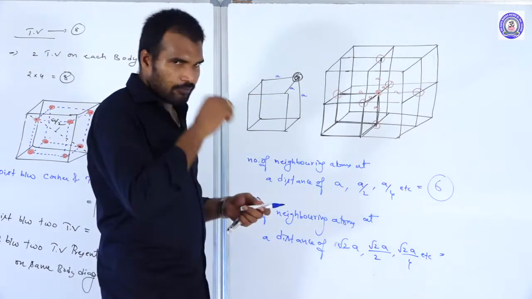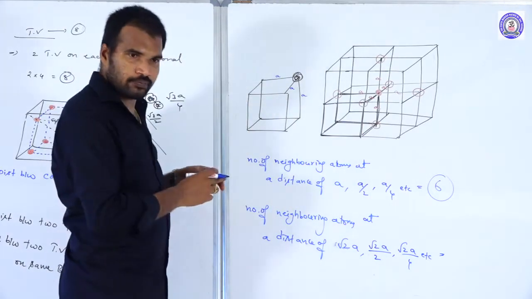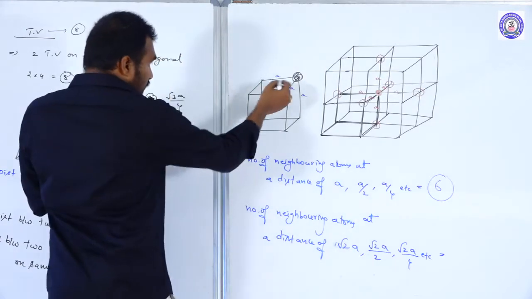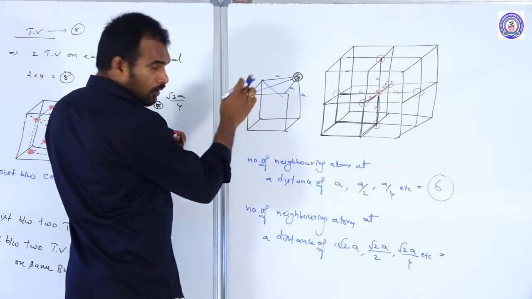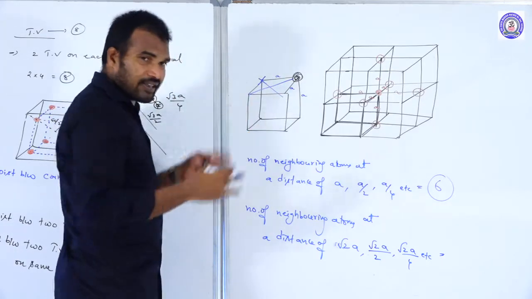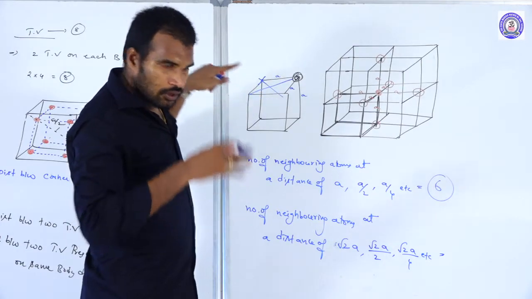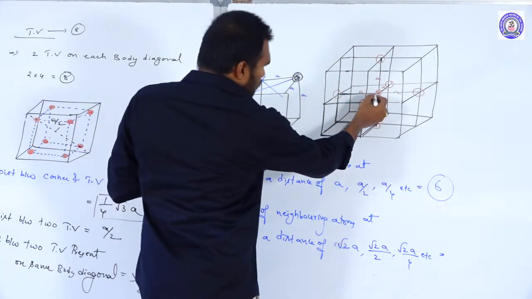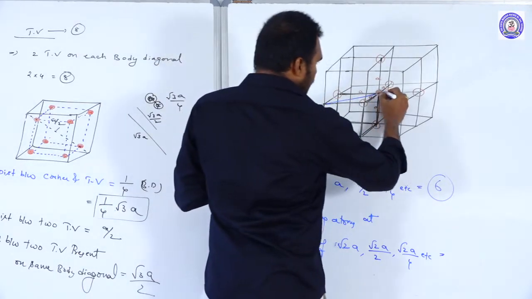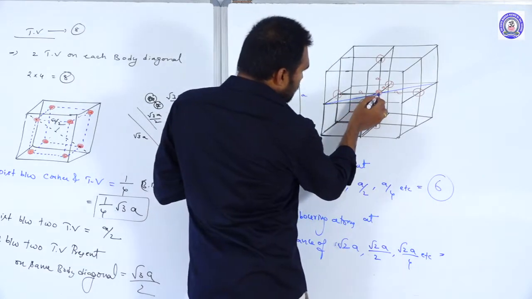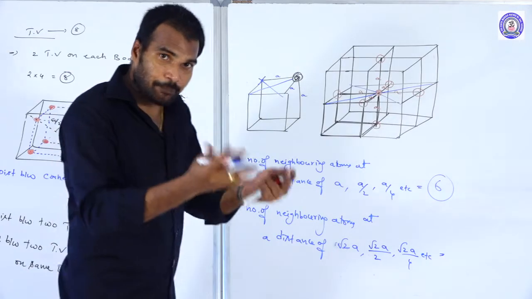Now you take the phase diagonal. So for this cube, you just take this. For this cube, this is one phase diagonal and this is another phase diagonal. But this other phase diagonal I am not considering. Why? Because to this phase diagonal atom is not there. Understood? So in this plane, this is one. See that? This is one. This is another one. And this is another one. And this is another one. Total how many? 4. In one plane.